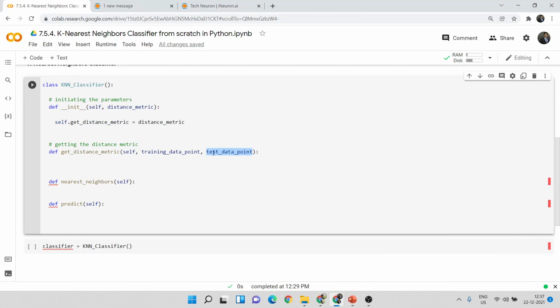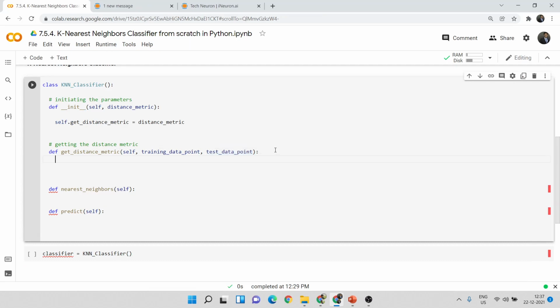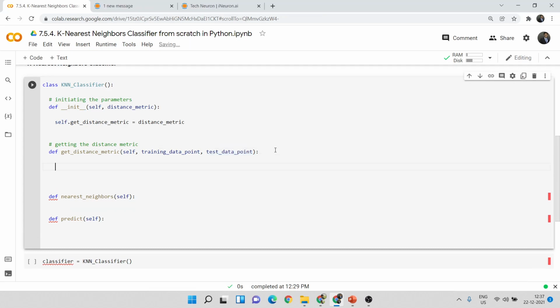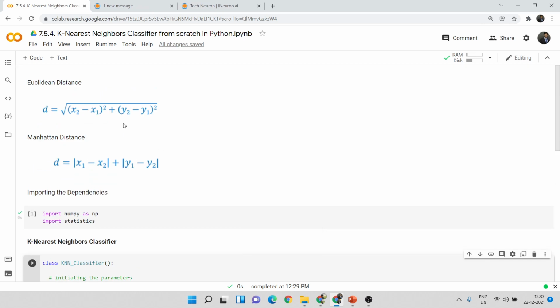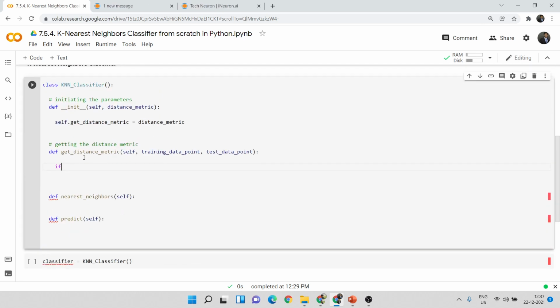So these are the 2 data points that we need to give. And now we are going to create an if statement. We need this if statement because we need to decide whether we want to use Euclidean distance or Manhattan distance. So I'll create this if statement, and the condition for this if statement will be self.distance_metric, and if this is equal to Euclidean,